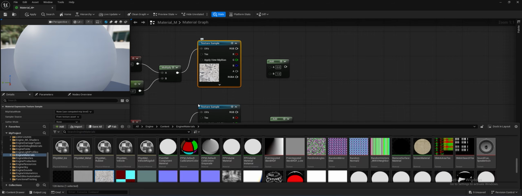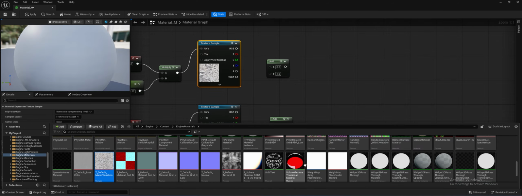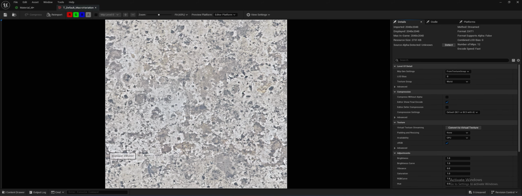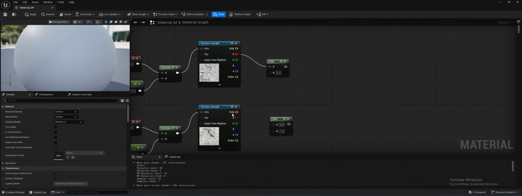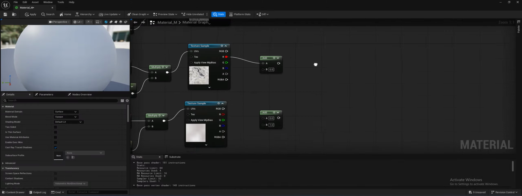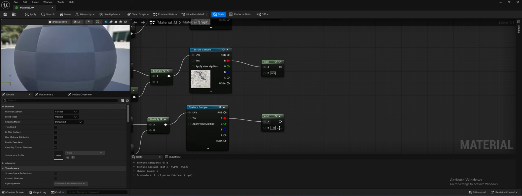So if you double click here, open the macro variations, see the red channel has this macro variations value. So we need to connect the red channel to the A, and I'm going to put a value here, 0.5 here. Add the red channel here and add 0.5 here. Red channel here and add